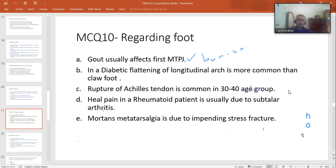You know, diabetic foot is a special subject. You have to know a lot about that, diabetic foot and diabetic ulcers, both for medicine as well as surgery. Diabetes affects the vascular supply, it affects muscles, it leads to atrophy and wasting of the small muscles in the foot. Then it leads to neuropathy, and it can